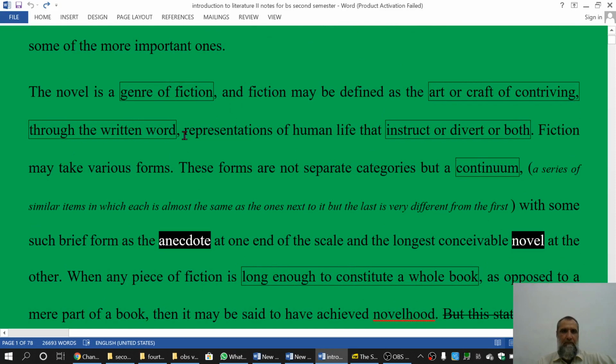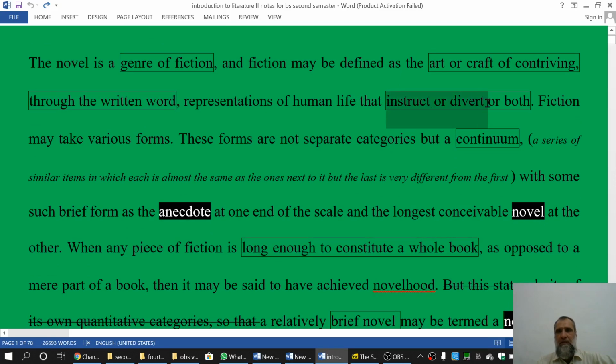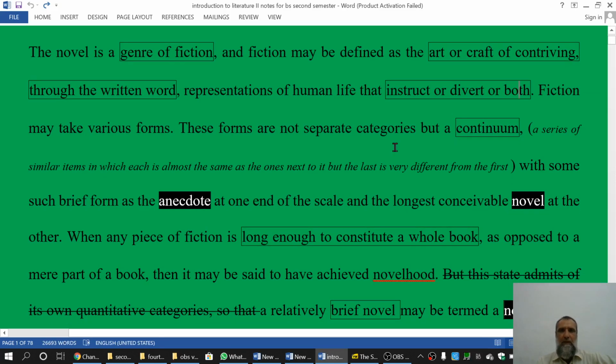اس نیکسٹ پیراگراف میں ہم پڑھیں گے کہ ناول فکشن کی ایک قسم ہے۔ فکشن ایک بڑا ٹرم ہے۔ فکشن کے اندر شارٹ سٹوری، اینیکڈوٹس اور مختلف چیزیں آتی ہیں، اور یہ اسی کا ایک حصہ ہے۔ اس کو کرافٹ آف کنٹرائیونگ یا آرٹ آف کنٹرائیونگ، یعنی ارینجمنٹ کا کرافٹ، جس میں انسیڈنٹس ارینج ہوتے ہیں ورڈز کے تھرو، یہ بھی کہا جاتا ہے۔ اس کا جو فنکشن ہے ٹو انسٹرکٹ اینڈ ڈائیورٹ، یا تو انجوائمنٹ ہے یا انسٹرکشن ہے یا پھر دونوں ہیں۔ یہ کنٹینیوم ہے، اس کی جو مختلف کیٹیگریز ہیں الگ الگ نہیں ہیں، کنٹینیوم ہیں۔